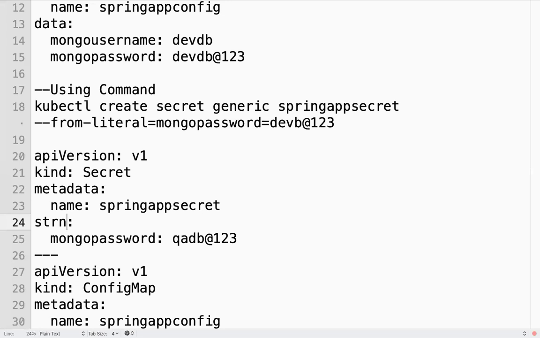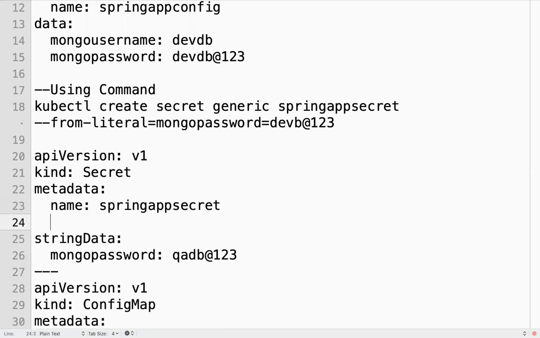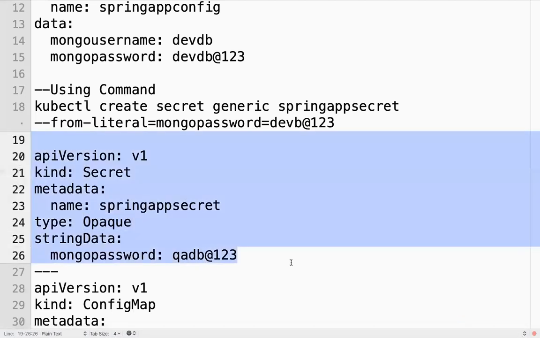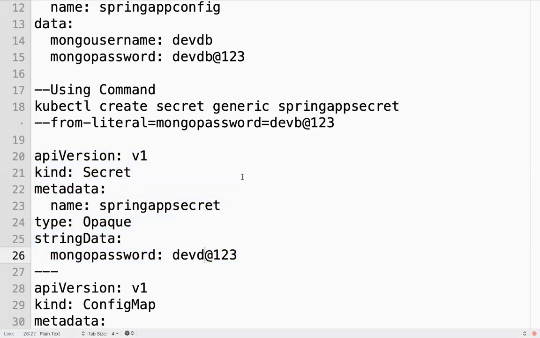String data. Type of the secret. It will use some encryption type, something like this. It will use some algorithm to encrypt this data. You can create a secret something like this using a manifest, or you can create using a command, something like this.